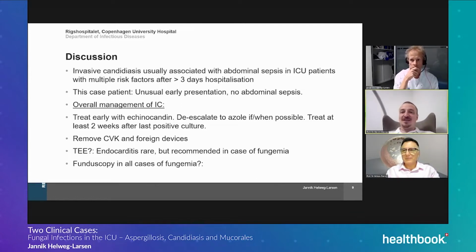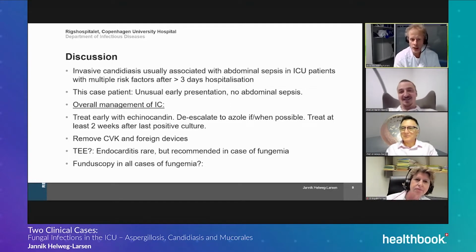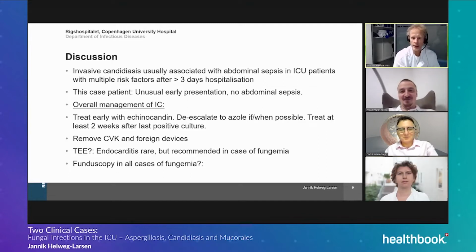How would you explain the change in CRP from days 2 to 3 to days 4 to 5? I mean, it's an unspecific marker, so not an easy question to answer. It might not be the case that it is the candidemia which is causing the CRP increase. It might as well be the Staphylococcus infection. Obviously, the patient had pleural empyema, and we certainly know from Staphylococcus septicemia that you might have prolonged CRP elevation